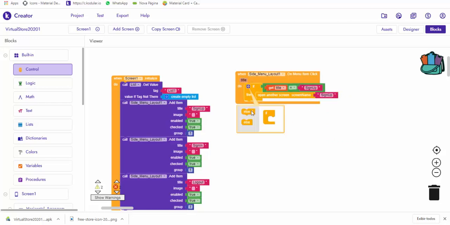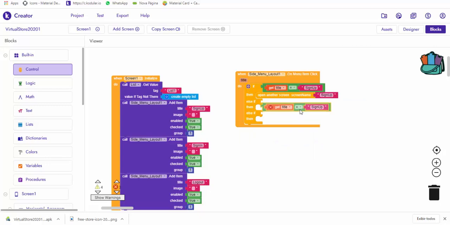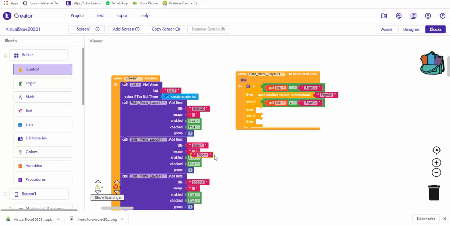Going to go in else if. Now else if here, we're going to check if the title is equal to sign in. So remove this one, open another screen name, and the screen name is going to be sign in,